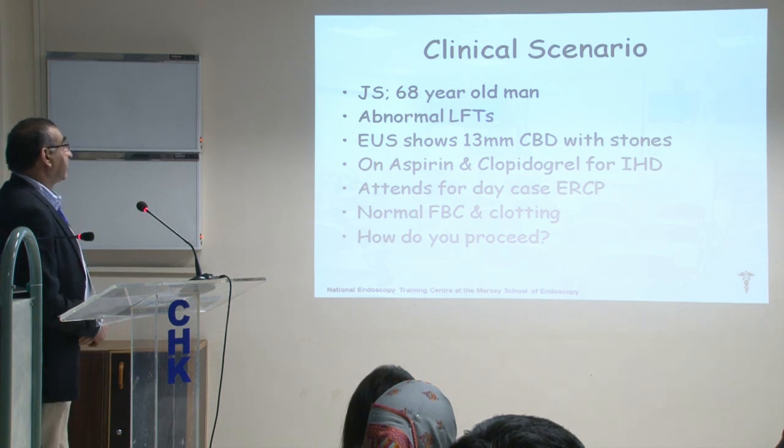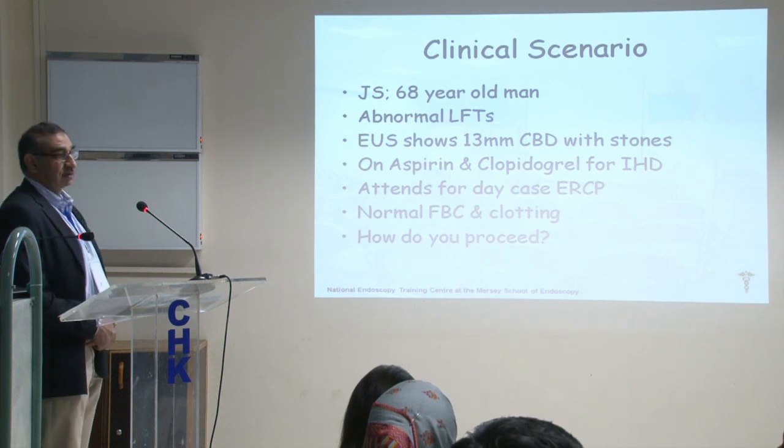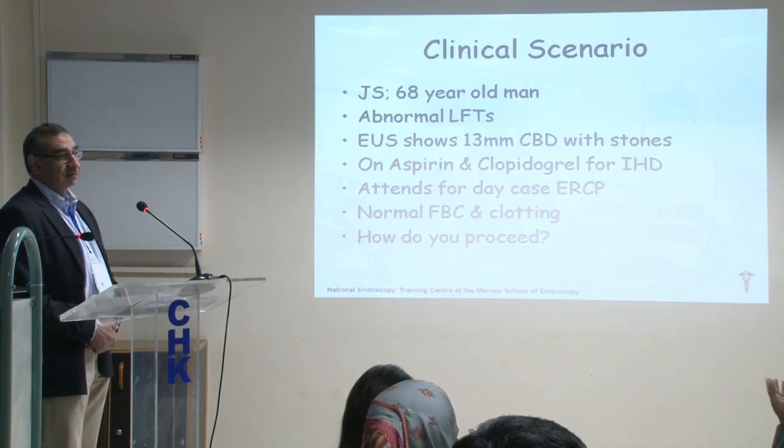A 68-year-old man, abnormal LFTs, EUS shows 13 millimeters CBD with stones, on aspirin and clopidogrel for ischemic heart disease, attends for day case ERCP, normal full blood count and clotting. How do you proceed? There is no emergency, we can stop this and after 3 days we can